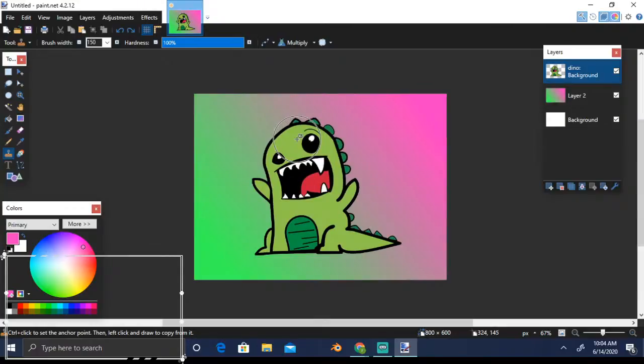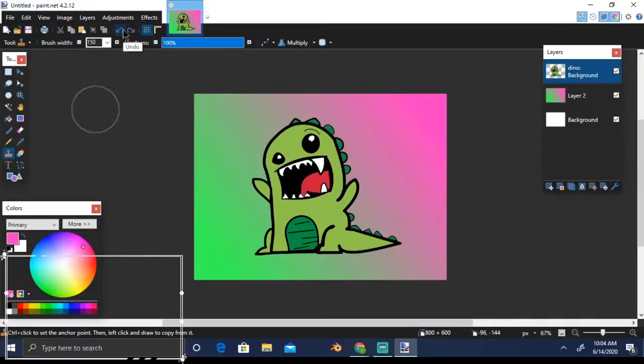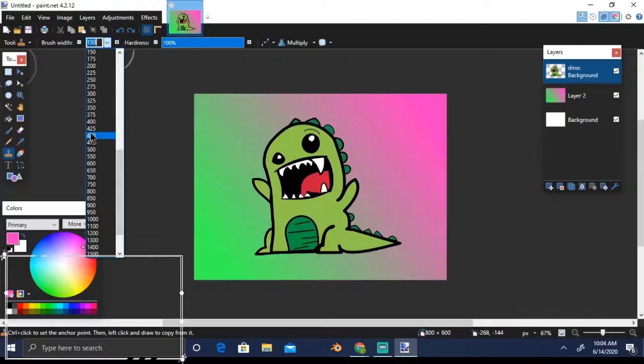Now it has set the area which you can now see. This is the area which it will clone. Now I am moving my cursor here and I am left clicking and dragging it. You see what it's doing? Wherever this left side cursor is moving, it is just cloning the same thing on the right side also, right? Let me show you again. Let me undo this. Select the clone tool. Let's say I want to clone this whole thing. So instead of copy paste, I'll just clone it.